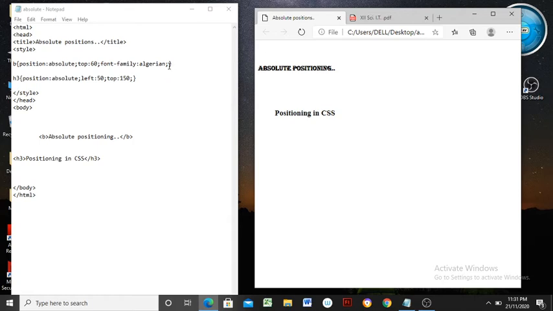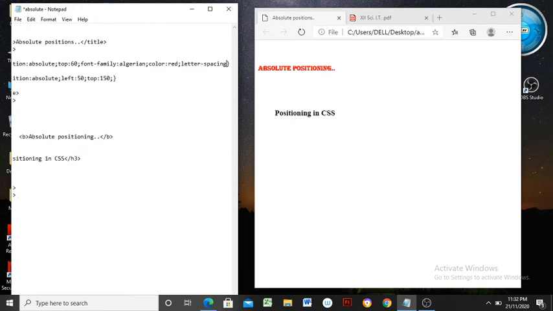You can also change its color by applying a color property and it will be applicable. See here, I am going to apply a red color, it is applied. Letter-spacing property we have seen, it is also applicable by leaving a space of 10 pixels, means between every character, every alphabet there will be a space of 10 pixels.